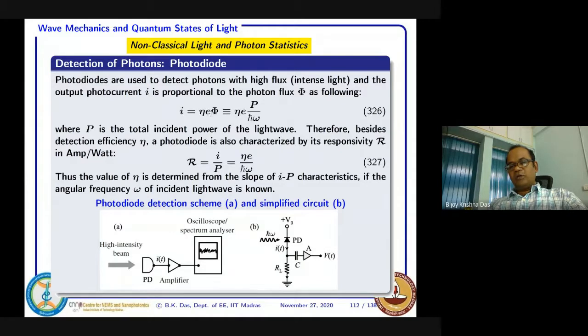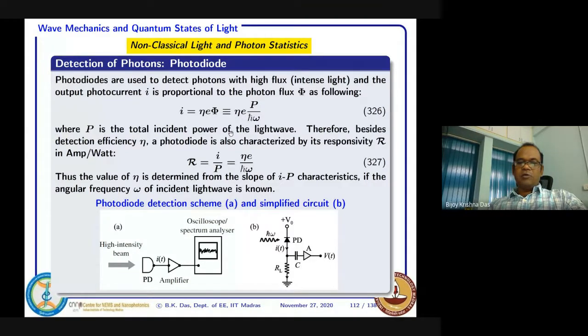Now, if you just look into this expression, this phi, the photon flux, means the number of photons per second coming. If the power P is known for the laser beam or your source, classically, then if you divide by photon energy h bar omega, you get the number of photons. Then eta multiplication, and then electron hole pairs are generated per second, and charge flow per second is actually current. So that is the case.